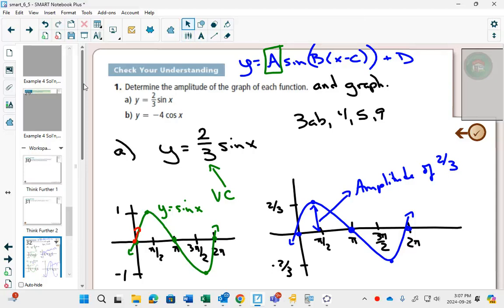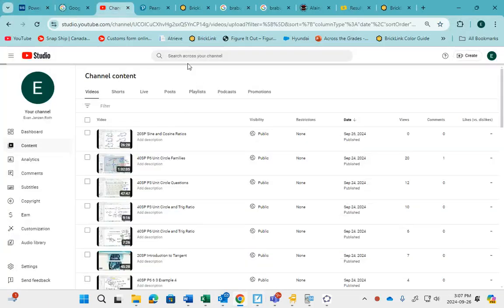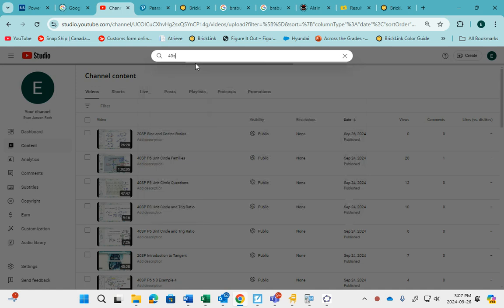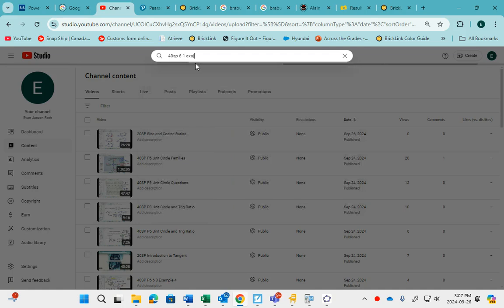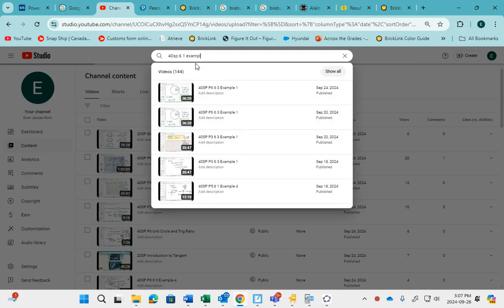I also want to point out that we skipped example 2A from 6.1 and 6.3. And we're not going to do them, they're not hard. You can try them on your own, you'll find that they are relatively easy. But if you do want to make sure you know how to do them, you can go to YouTube. If you type in 40SP, that's our class, Chapter 6, Section 1, Example 2A, and do that search,